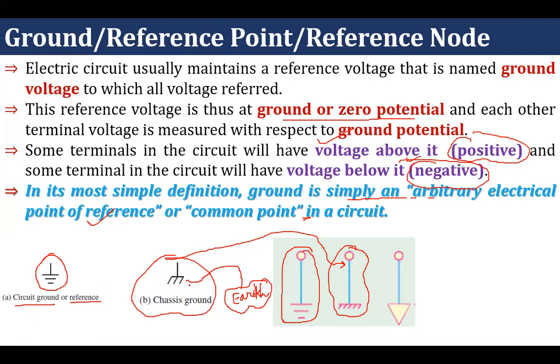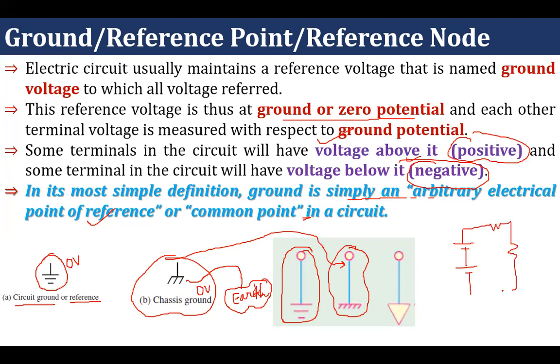In chassis ground we are putting a particular node to the earth. That means we are connecting that node to the earth, and we know that earth is known as perfect zero potential. So whenever we put that node to the earth, the voltage will become 0 volt. Here, if I'm making any node as a ground, that node will not become at zero potential, but for the sake of measurement that will behave as a zero potential, that will behave as a reference.